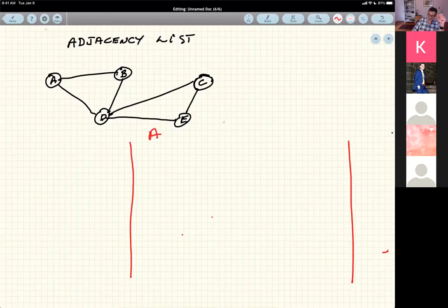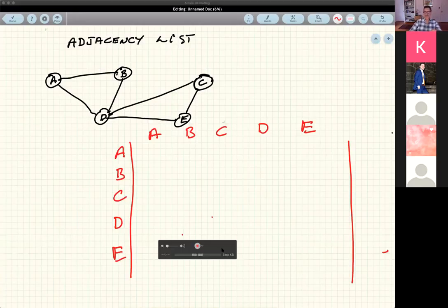A, B, C, D, and E. A, B, C, D, E, okay. And A, B, C, D, and E. Okay? So wherever there's an edge between something and another thing in the matrix, so between A and B,